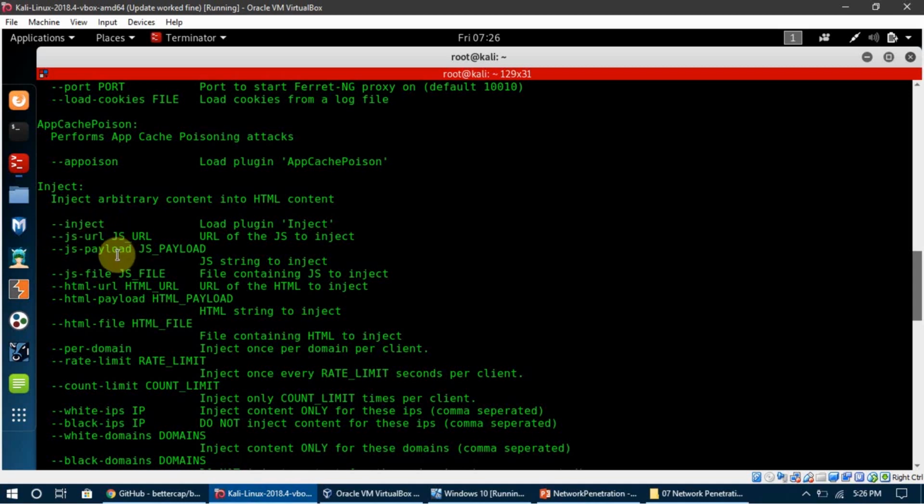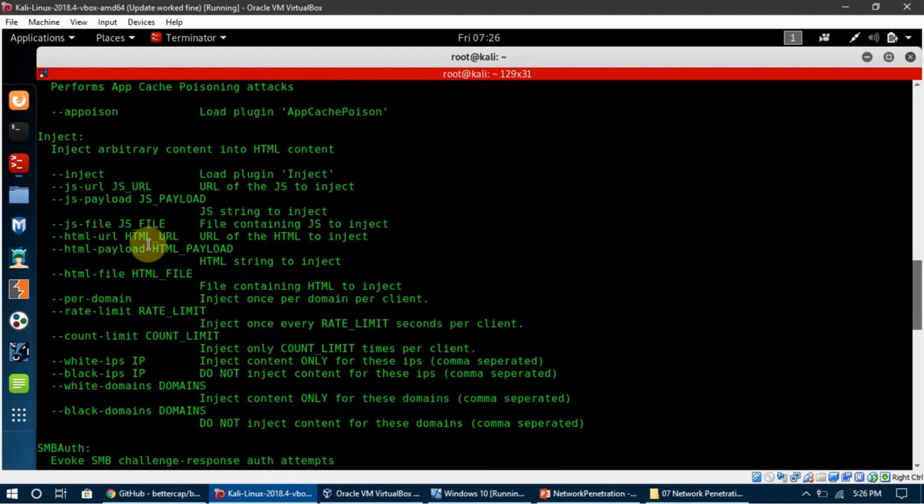And then there are two options we can use with inject. For example, we can inject a URL into their page, or we can inject a payload. Similarly, we can use a JavaScript file in which our code is written, or we can use a JavaScript URL or HTML URL.